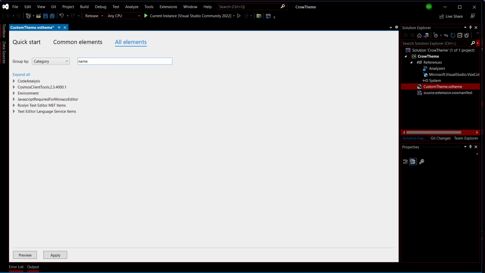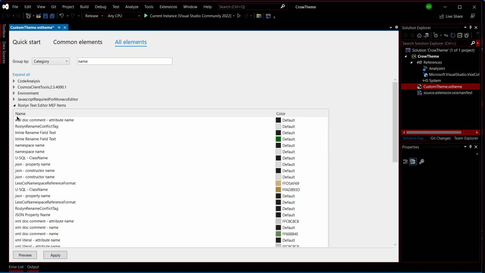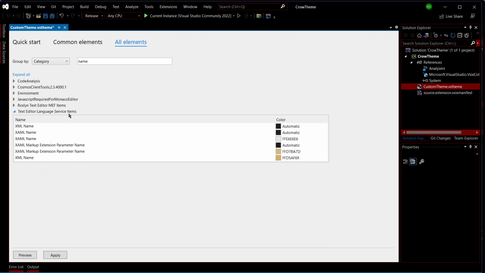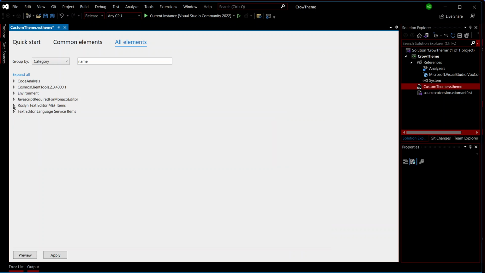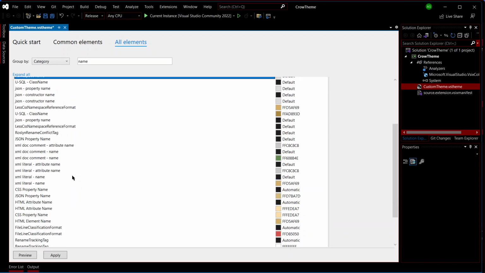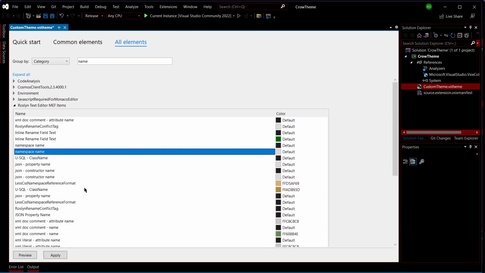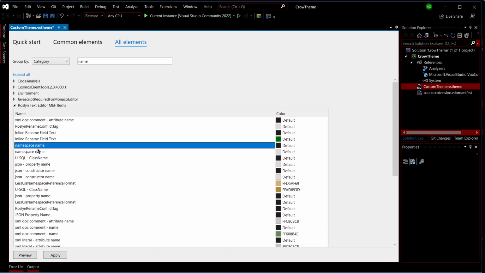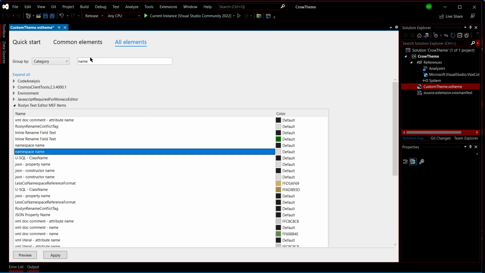there's two sections that most of the syntax related things are under, and that is the text editor language service items and the Roslyn text editor MEF items. And that's because I believe the Roslyn syntax analysis engine is being leveraged to identify, okay, what is a namespace and what is a class name and things like that. So I can change the color of namespaces, and I'm actually going to